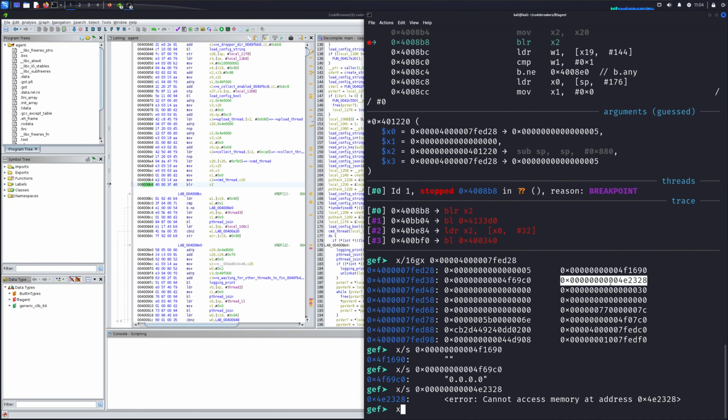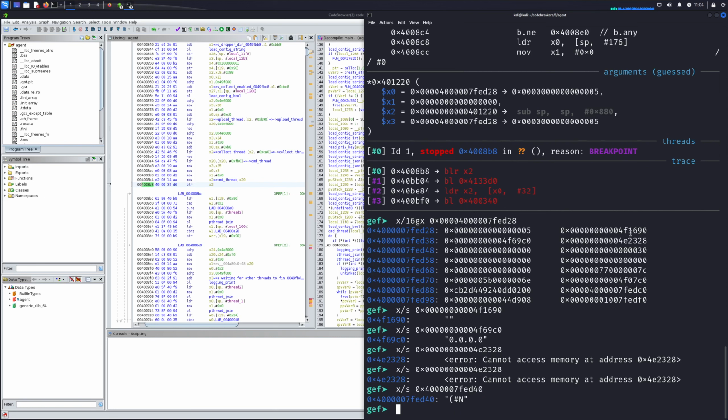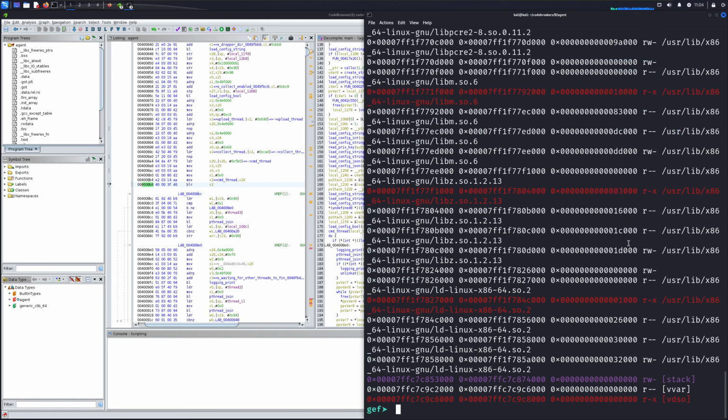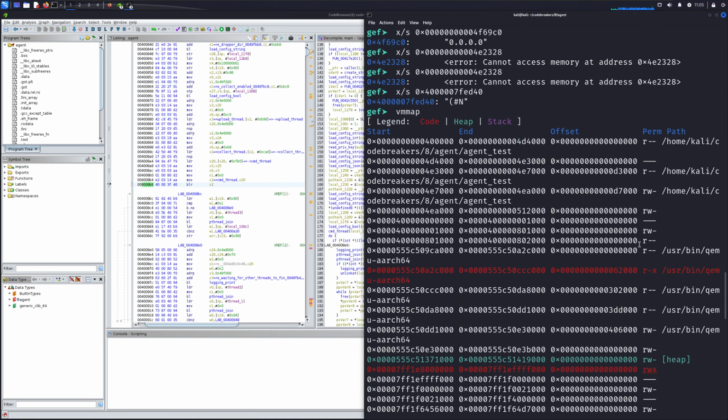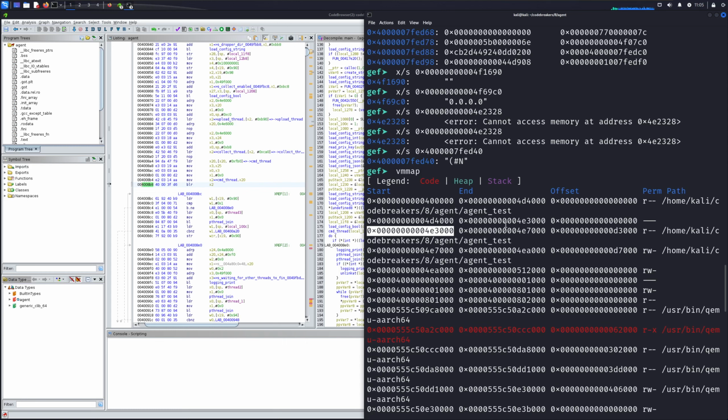Can't access that one. That's interesting. Maybe it's just a string itself. Should be at 40. That doesn't look like a string. Kind of looks like an address of some sort, but the addresses are a little bit lower in the realm. I don't think I can via, oh, I can via map. I think this might just be the QEMU. Oh, it didn't. Nice. It should be in this range, I think, for X2. Nope. Yeah, right here. Should be in this one, which says it has no permissions, so maybe something is mapped there